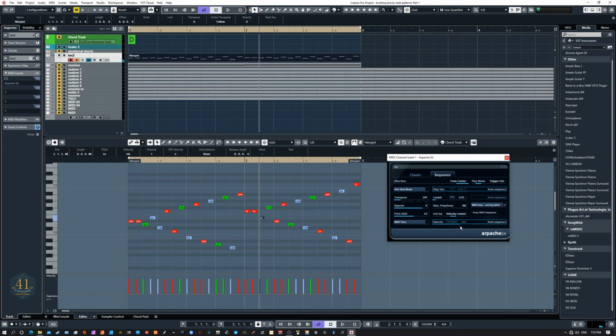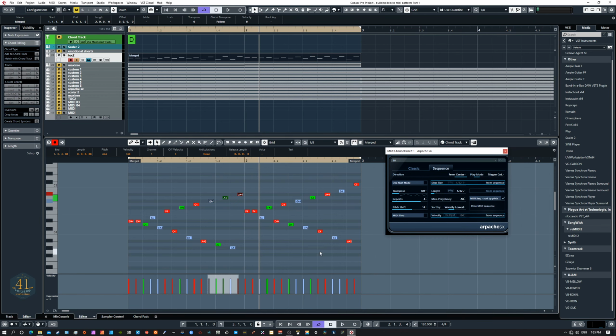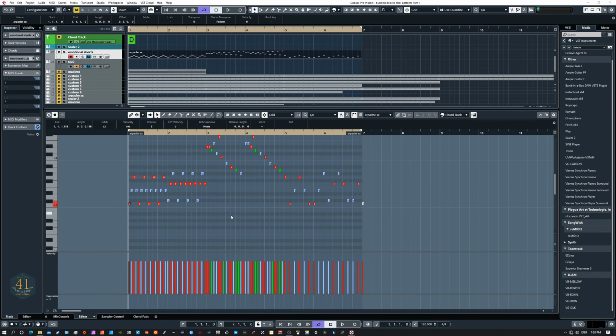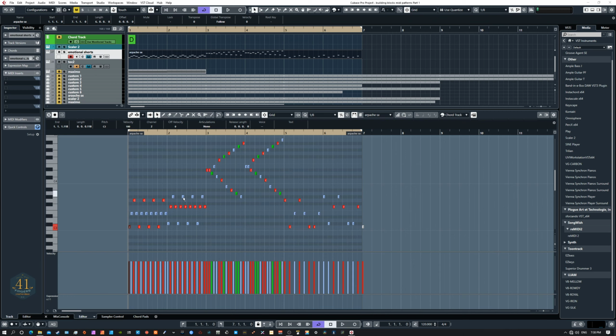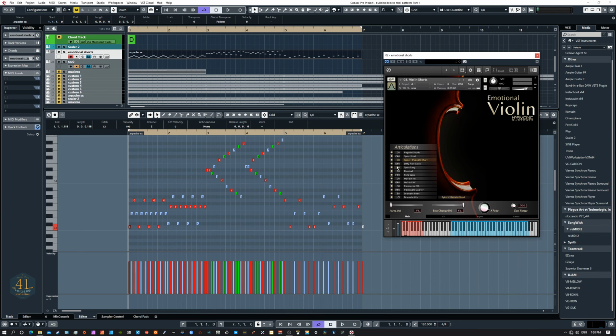And because there's hundreds of different ideas you could come up with here, you could easily use these tools to add a lot of movement and interest in your tracks just using this tool alone. And then you can get into editing it with all kinds of fancy stuff. So wanted to mention that. All right, so here I have three of those different sequences created in Arpache. And let's see what they sound like using the emotional violin just set to a short spiccato with a marcato short articulation. And if we listen to them,